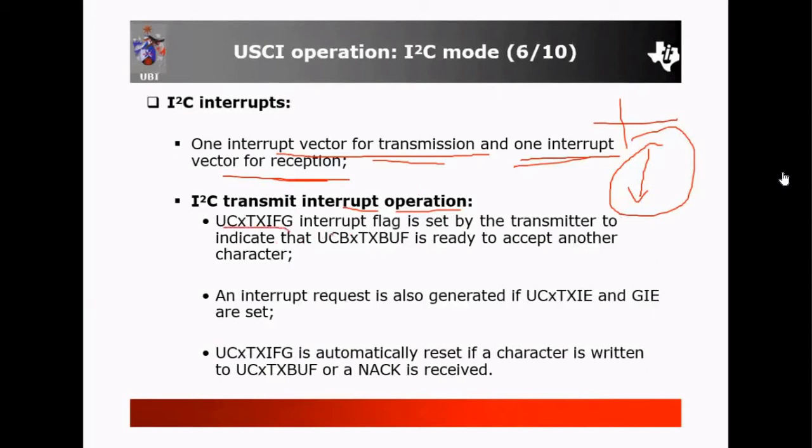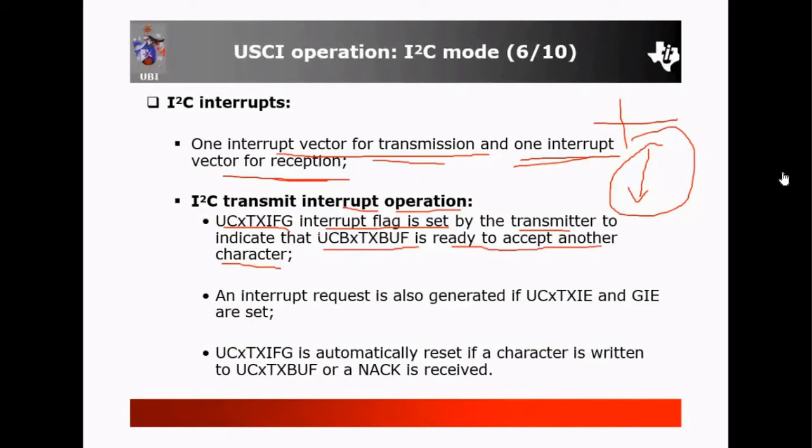The UCxTXIFG interrupt flag is set by the transmitter to indicate that the UCBxTXBUF buffer is ready to accept another character.